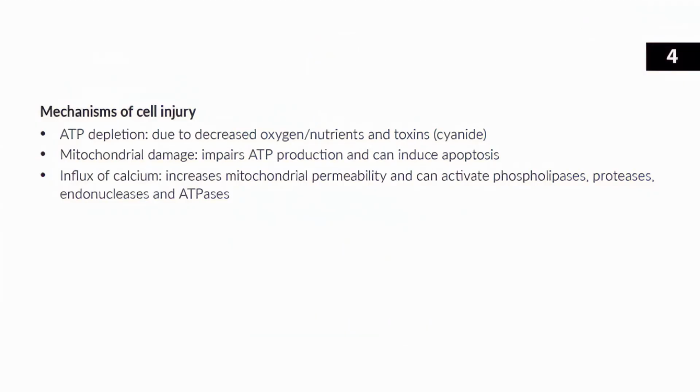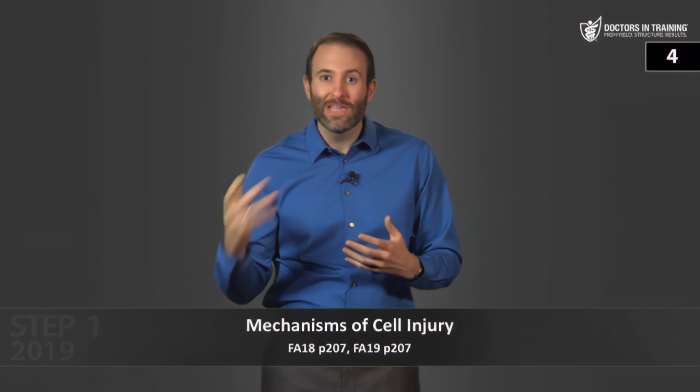Now, mitochondria can be damaged by increases in cytosolic calcium, by reactive oxygen species, and oxygen deprivation. Also, mutations in mitochondrial genes are a cause of some inherited diseases as well. Let's talk about an influx of calcium and a loss of calcium homeostasis. So ischemia and certain toxins cause an increase in cytosolic calcium concentration. So this increased calcium can result in an increase of the mitochondrial permeability transition pore and thus impair ATP production. Now, increased calcium can also activate certain enzymes like phospholipases, proteases, endonucleases, and ATPases,